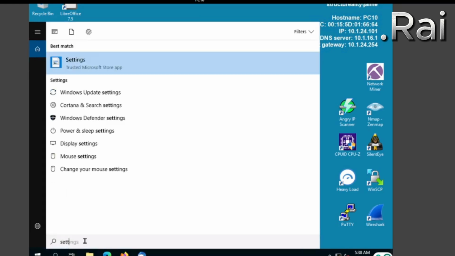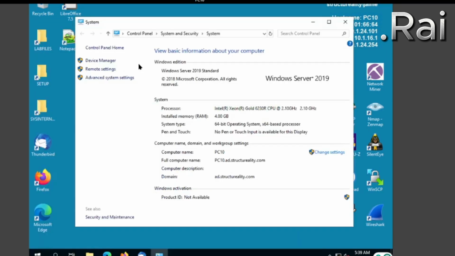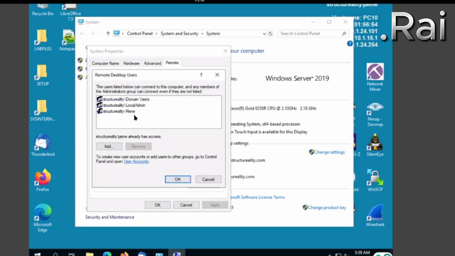This feature allows us to remotely control the machine as if we were physically present. By that, we're going to be searching the settings system and then select the system. And then we're going to navigate to the remote settings. And then under it, we're gonna allow the connection to this computer, but first we need to add users for the remote